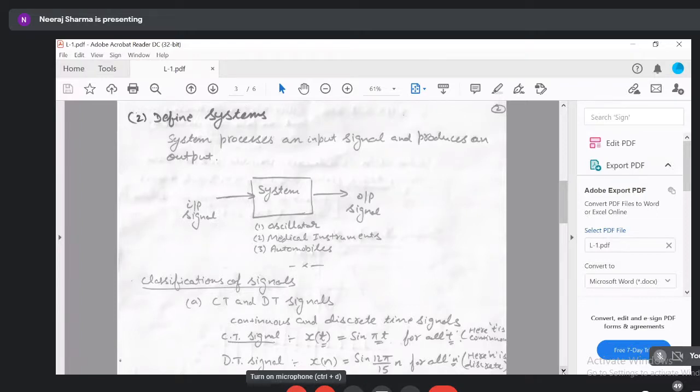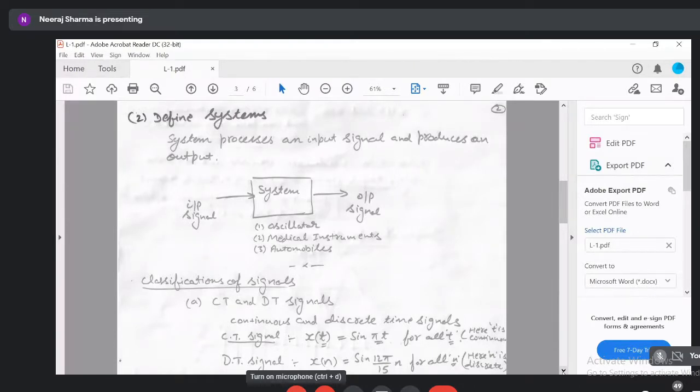कि वो किससे बना हुआ है? Suppose a system is made up of resistors, inductors, capacitors, transistors, diodes, field effect transistors, then we can term that system as an electrical and electronic system, right? And similarly, if the system is made up of, say, gears, trains, shafts, we can term that system as a mechanical system, because the branch of engineering that deals with that particular type of component is known as mechanical engineering. So it will be classified in the category of mechanical system.